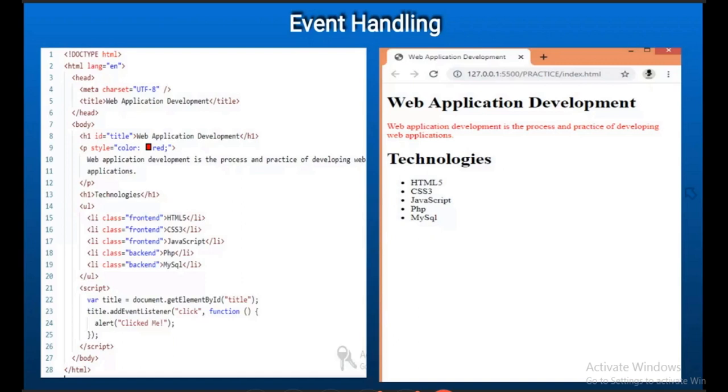Event handling. We can see different events like click event, mouse over, change, key press. Those all are events. In the real world, we can also see events. That means I slap somebody. That is an event. And he cries. That is a response to that event. So that is event and response.